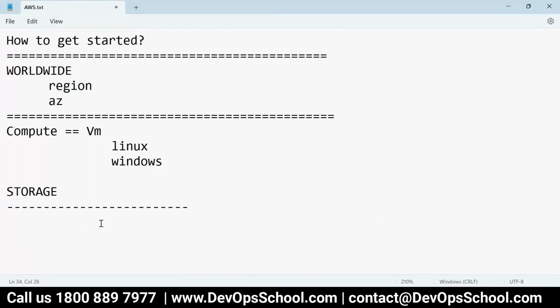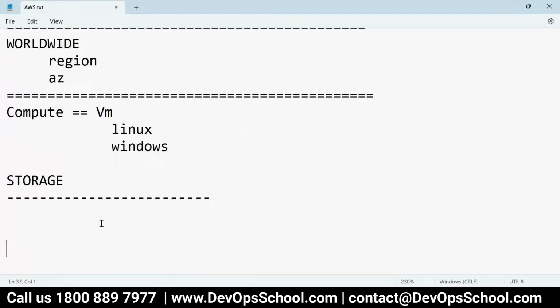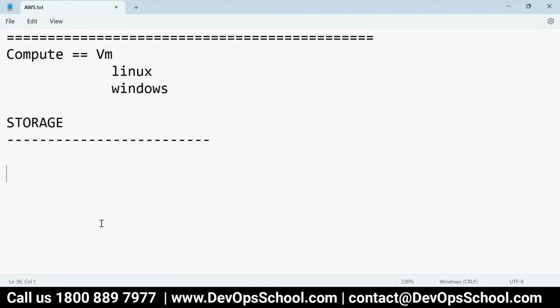Okay, so I'm going to talk about the storage. Do not focus only on the storage of AWS. Do not focus on the AWS topic. Try to understand something called the domain. So in the storage world, what are the different types of storage which we are using in our daily lives? One of the storage types we have is object storage. Another storage we have is block storage. The third type of storage which we are using is